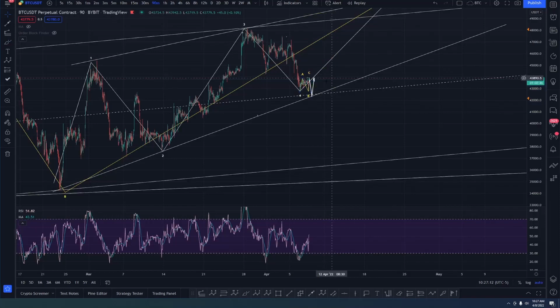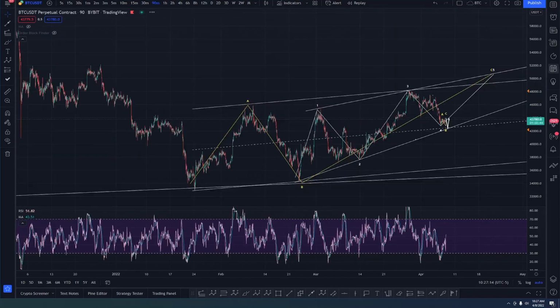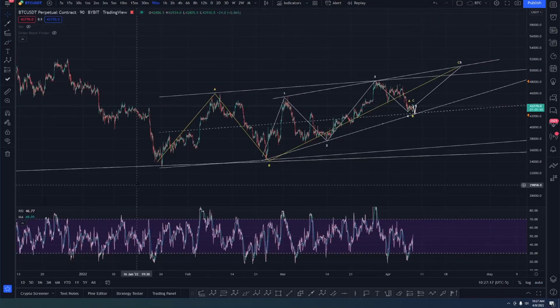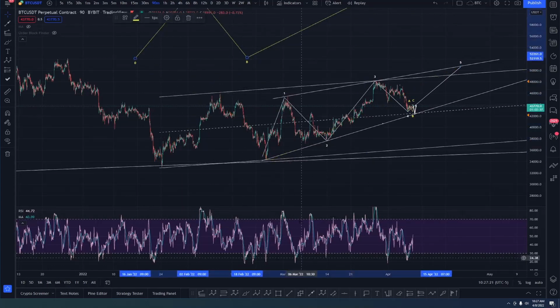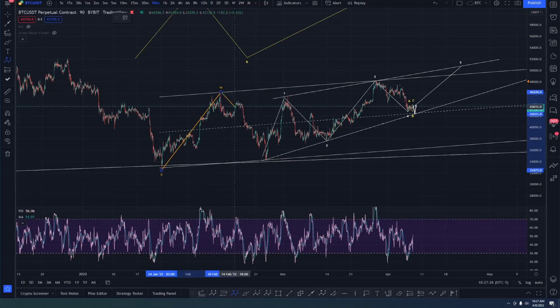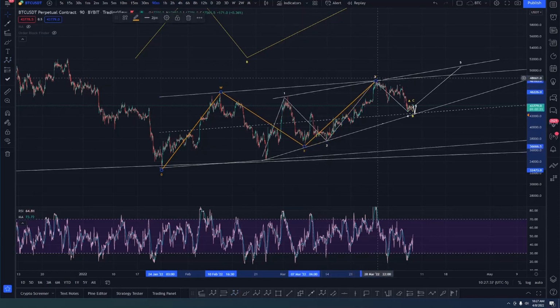Let's see here. A couple other counts I could just mention to you. Instead of an ABC, we could have a WXY. If I move this off of here, don't worry about it, I'm not going to erase the drawing there, but I got a W wave. I'm going to put my X wave right here, and then we're going to put a Y wave. Actually, I'm going to bring my X back here. There we go. And now we have a Y wave. Could be finished, could be on our way down. So in other words, this could be a 1-2, 1-2 working, and we have another bigger move to the downside